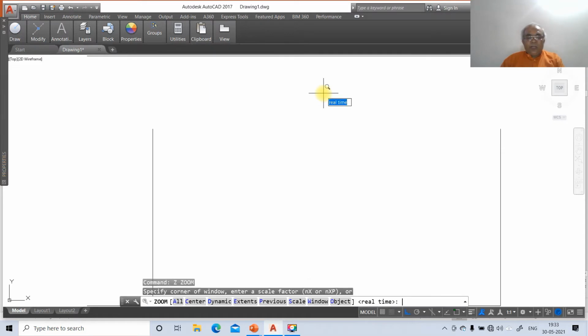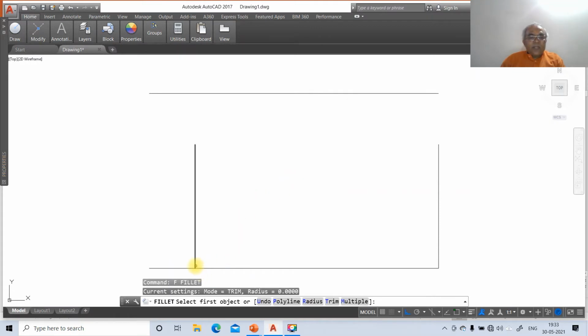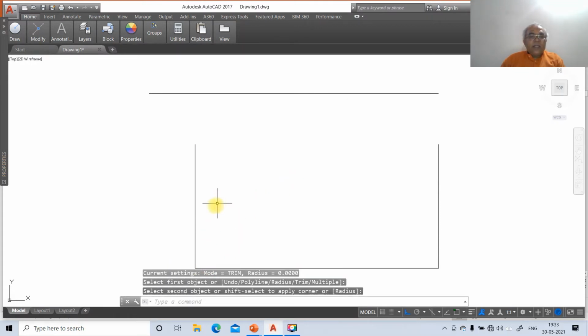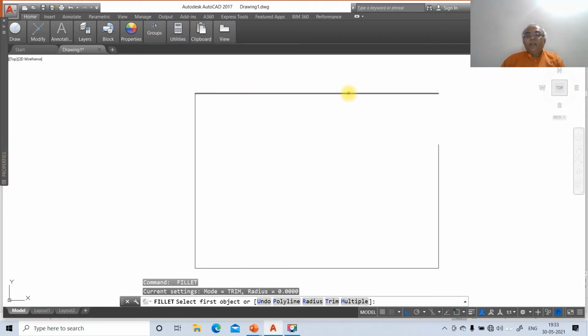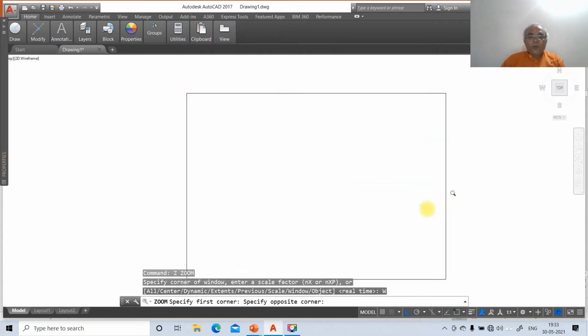Then go to zoom, take 70% of this display, so 0.7x, then go to fillet. So you select this vertical line and this horizontal line, and again you select this vertical line and this horizontal line, so that you not only extend and trim the extra line, and again go to fillet, you select this horizontal line and this vertical line, so you're going to get this fillet now. Then go to zoom window and type the problem number 4.